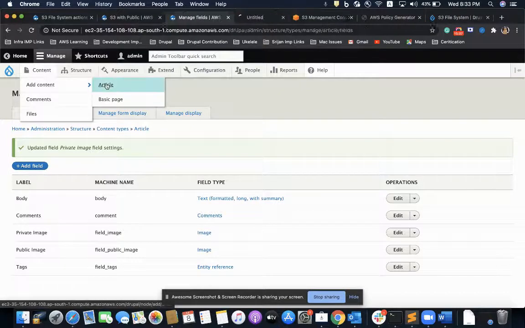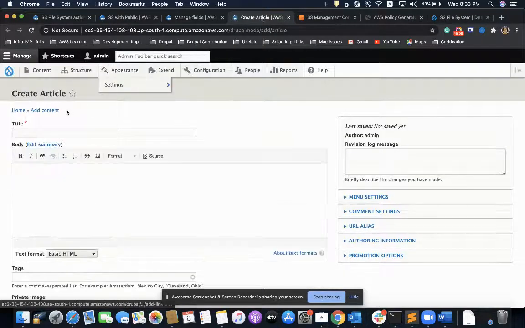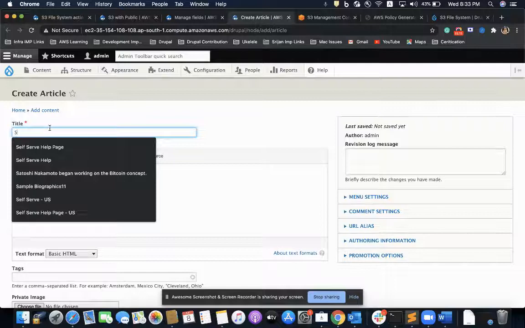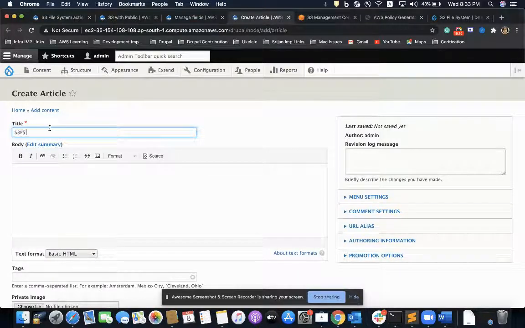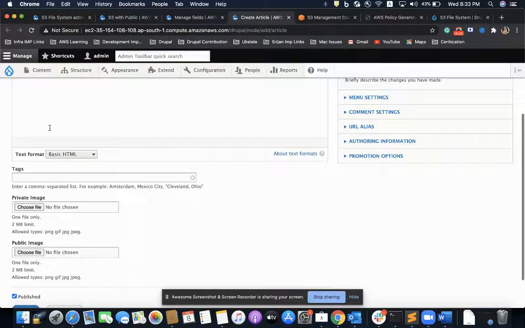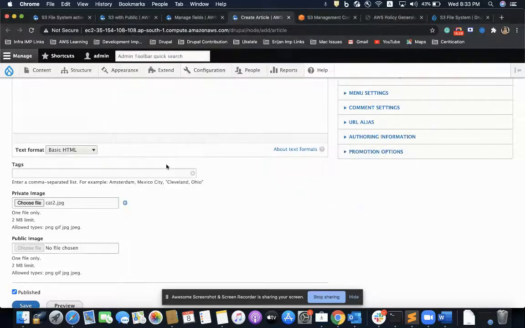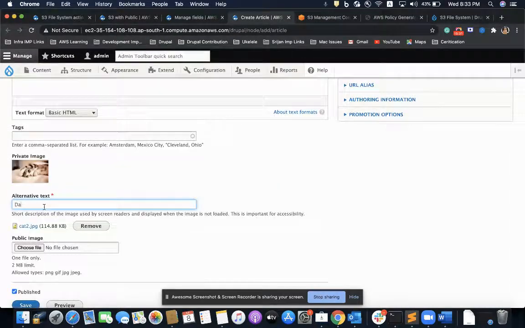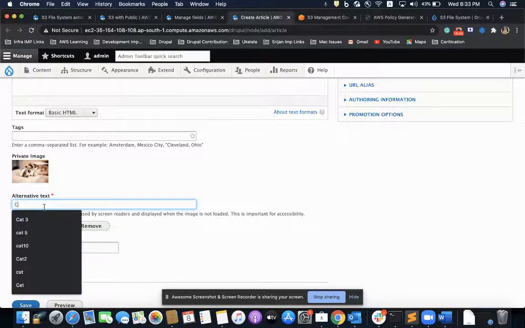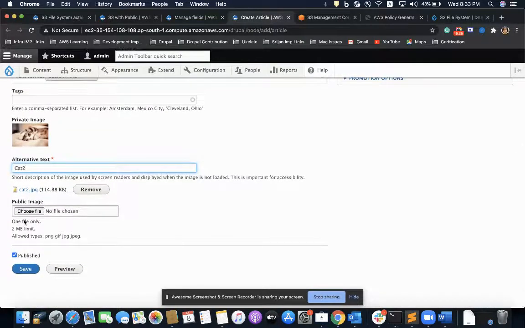I'll create a new article called S3FS with private. I'll go and upload cat2 and save it.